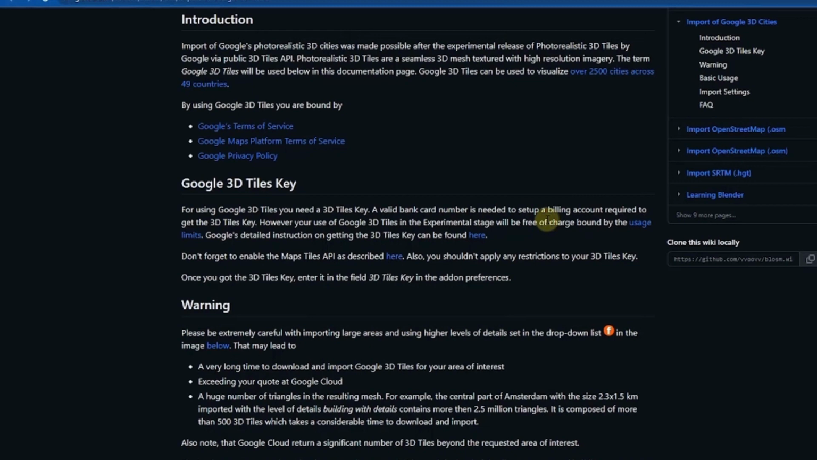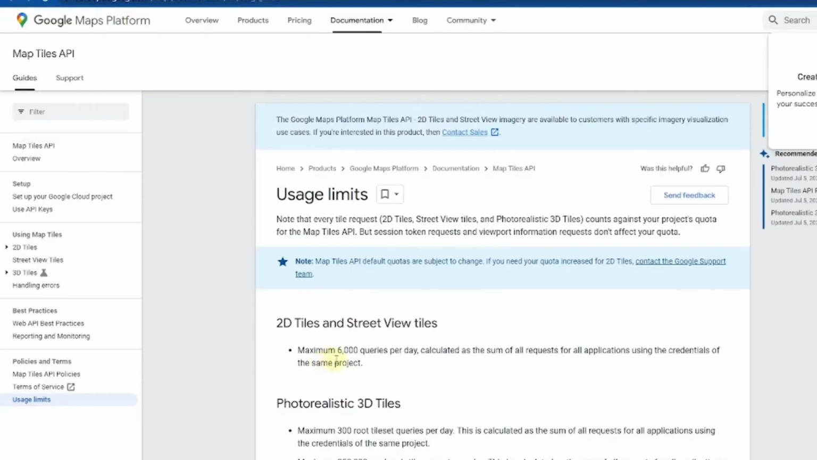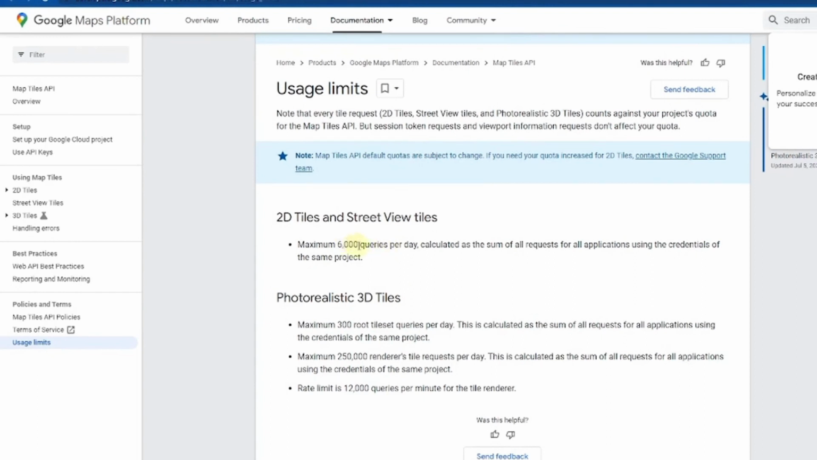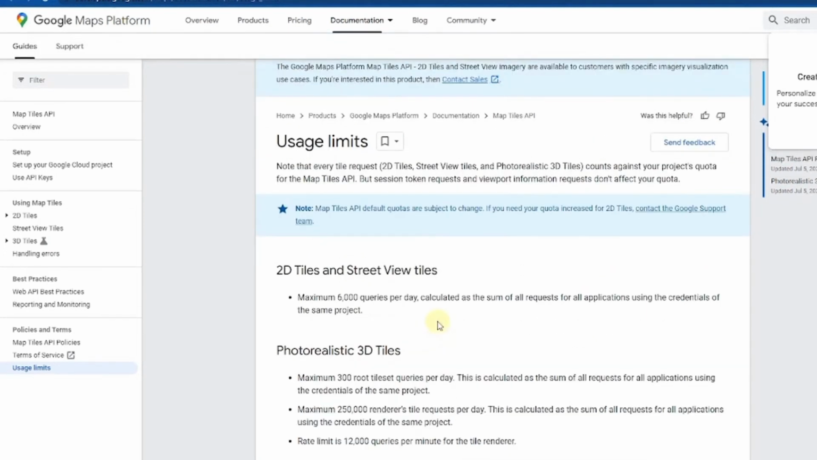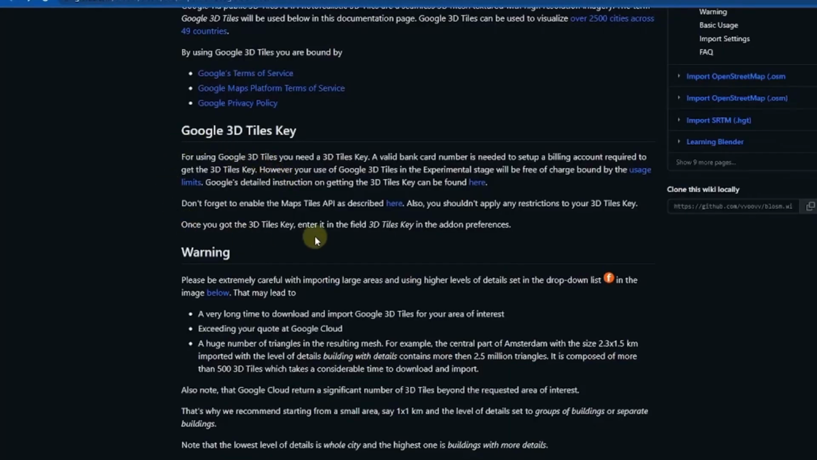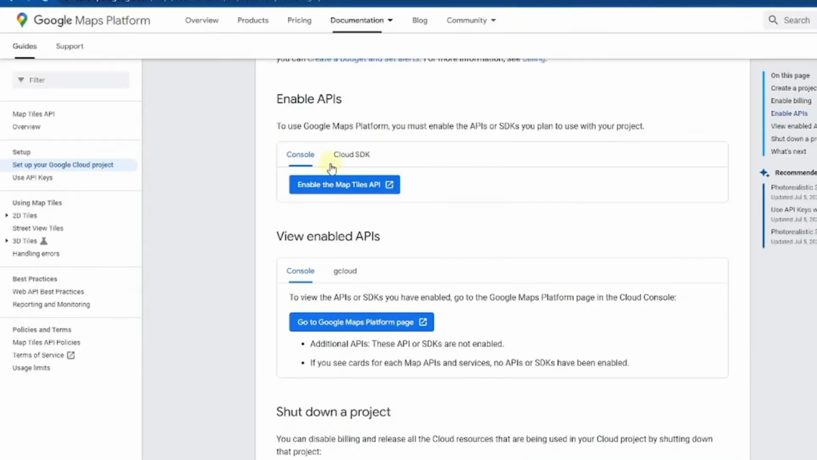So here we can see the Google 3D tile key. It's the important thing before you go to Blender and make the model. We actually need a Google 3D tile key. When you follow this link, it will guide you to the Google Maps Platform, and here is how it comes. It costs you around, I'm not sure, maybe $50,